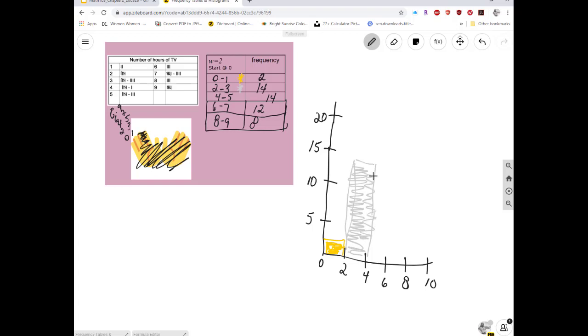Okay, that's 14. Let's do this light blue one. I think this light blue is my favorite one. So let's do this turquoise color. And there is also 14 people that watch television 4 to 5 hours, and we're gonna do the column all